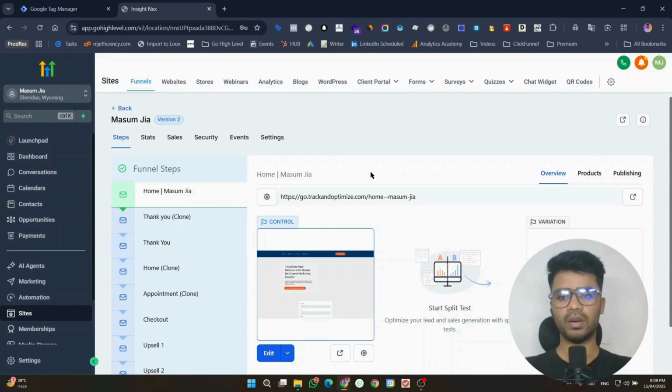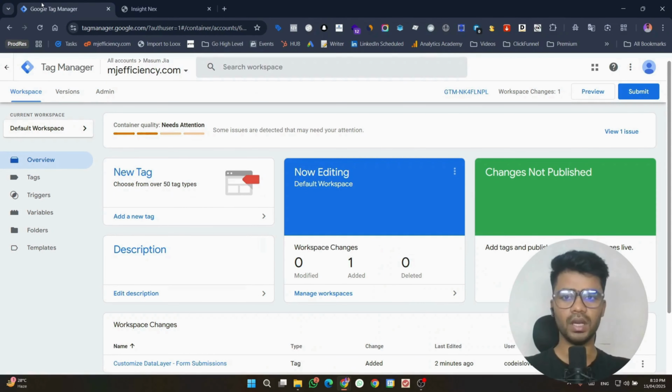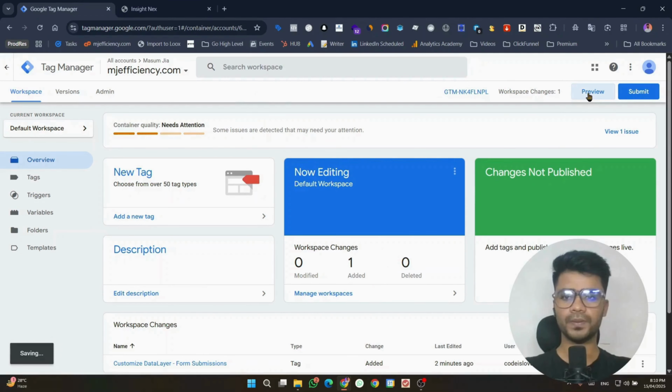So we want to set up our form conversion tracking in our GHL for our Meta ads, Google ads, TikTok ads, for any kind of platform. But we will be showing about Meta ads. So let's get started. This is my landing page, and this is my GHL. This is my GTM. So if I go to preview,